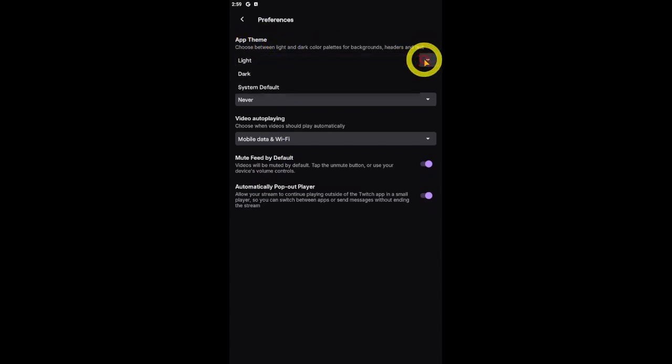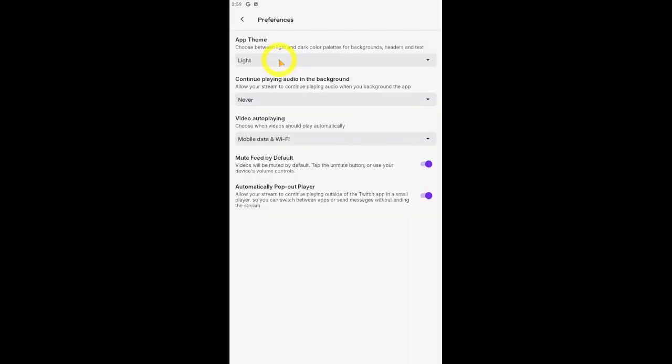Tap on menu. You are looking to turn it off, right? Or just simply select light mode over here. After you click on light mode, your dark mode will be instantly turned off. And that's it guys, that's how you're gonna turn off dark mode